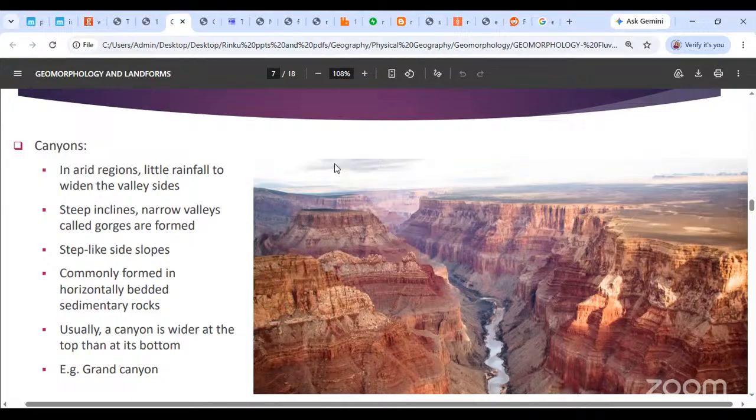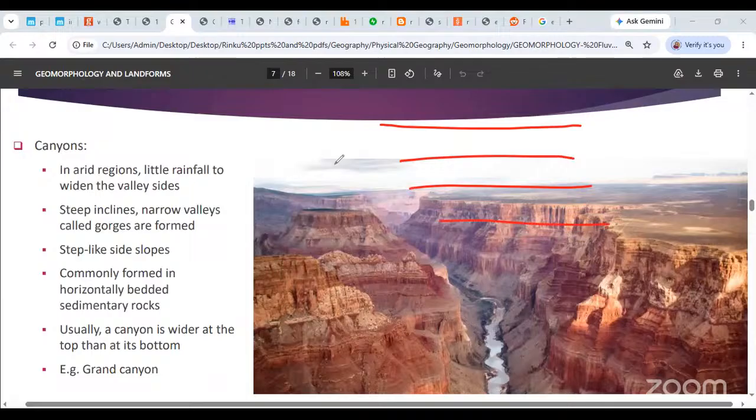ओके, इसके लिए the very important thing to form है कि आपको horizontally bedded sedimentary rocks होने चाहिए. ओके, horizontally placed sedimentary rocks होने चाहिए. Sedimentary rocks layers में आते हैं. अब वो जो layers है वो horizontally एक दूसरे के ऊपर placed होने चाहिए. ओके, the reason why we are looking for that is because these layers will have different properties. Okay, so some layers will be hard, some layers will be soft. If they are alternate hard and soft layers, तो clearly hard layers का क्या होगा, erosion कम होगा. Okay, river की वजह से erosion कम होगा.